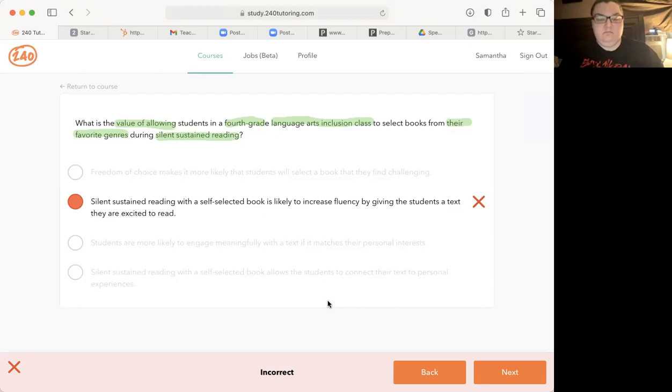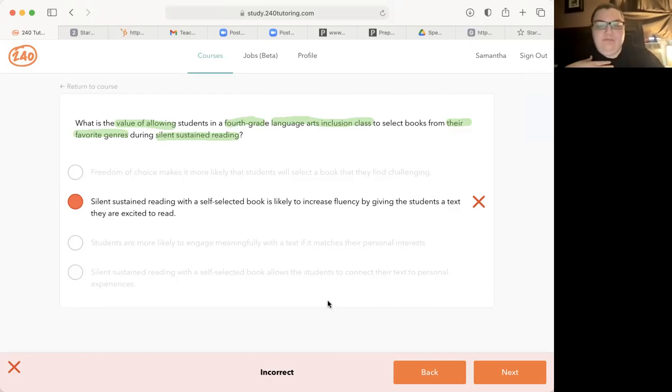Now, we want to find what the value is for allowing them. So what is the value of allowing them to choose from their favorite genre? What's the value? To make them read more, right? Right. Which one of these can you, well, we know that